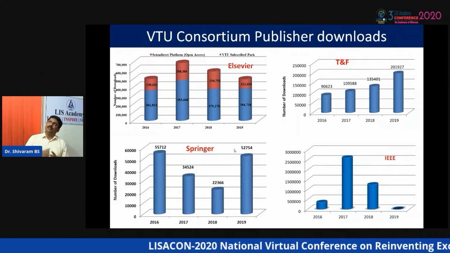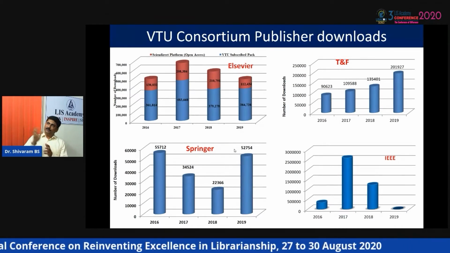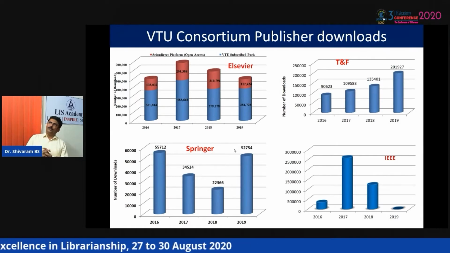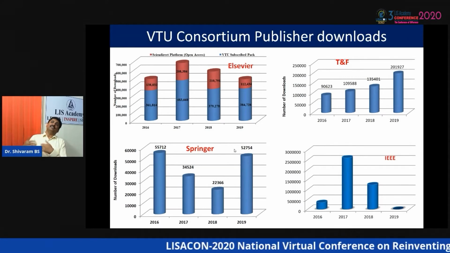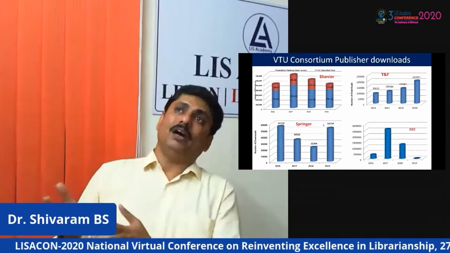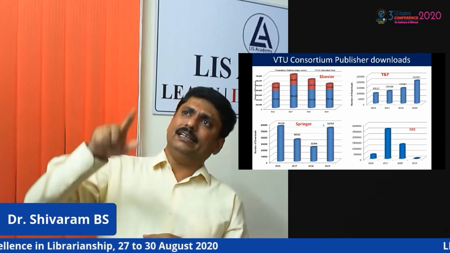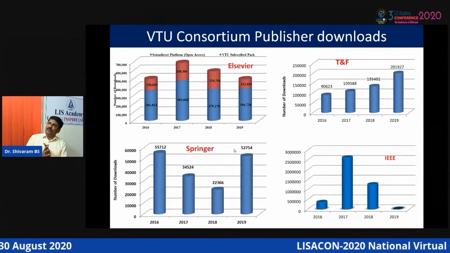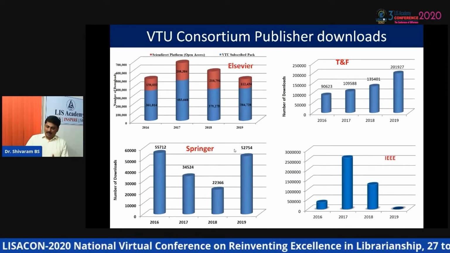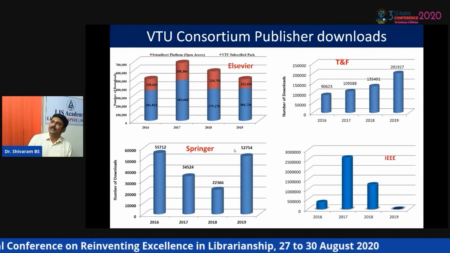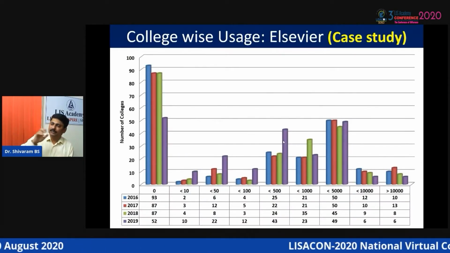So this is how COUNTER-compliant download statistics are collected for each publisher. Here I have given 4 major publishers, though we do collect for all publishers, and also for the platforms, how many searches have been made on them and how effectively people are using them. Year-wise trends we also take into account. And since there is no time to demonstrate for all publishers, I have taken one specific publisher's content. We have taken Elsevier as a case study, and this analysis is